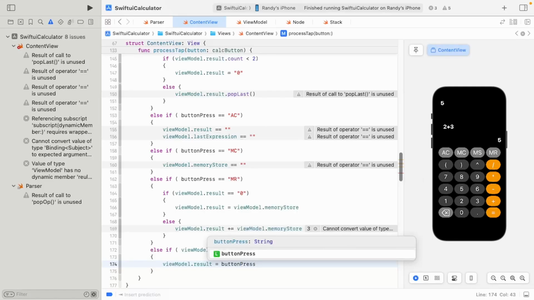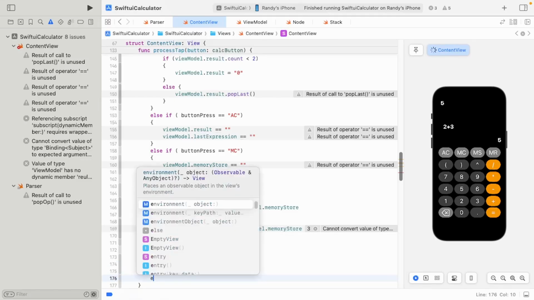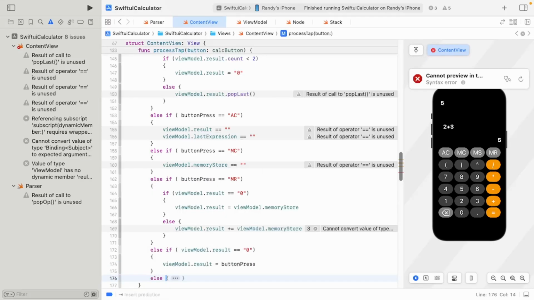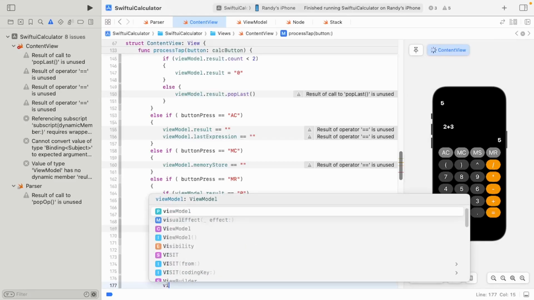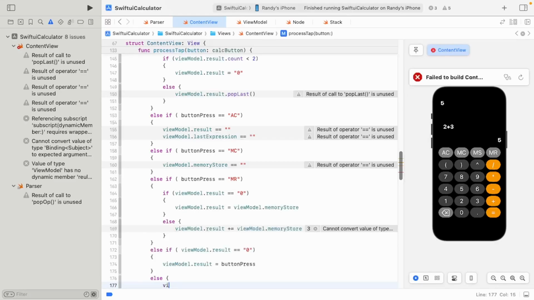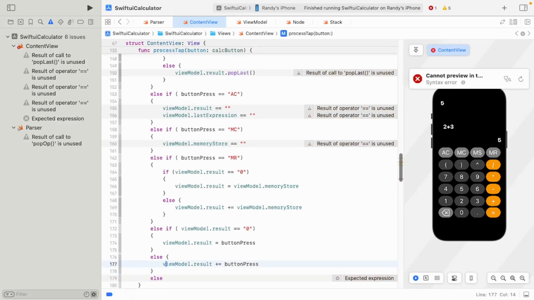Else, view model dot result plus equals button press. I got a little error here. If view model equals 0, view model, else it plus equals, and I believe,